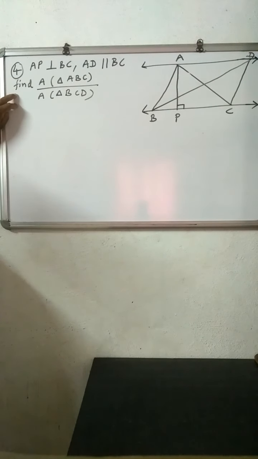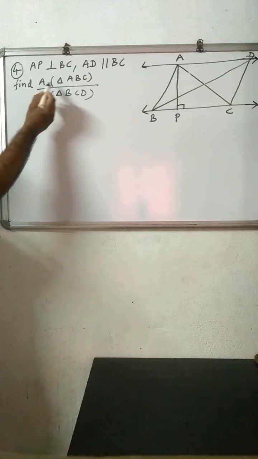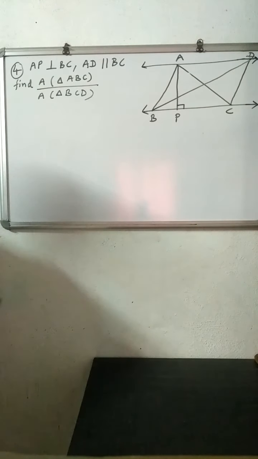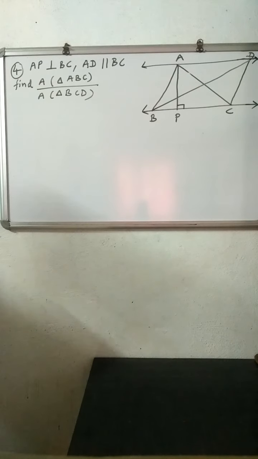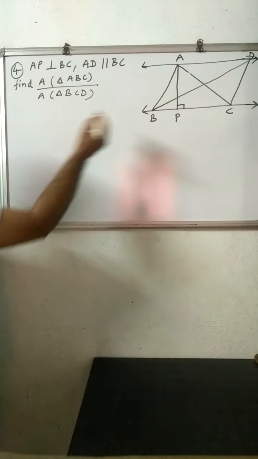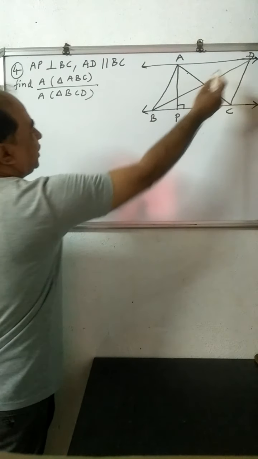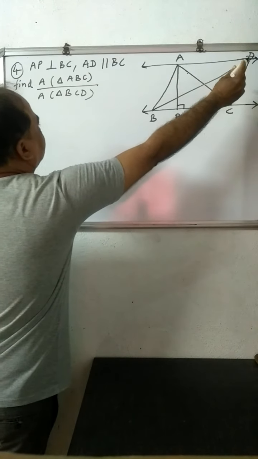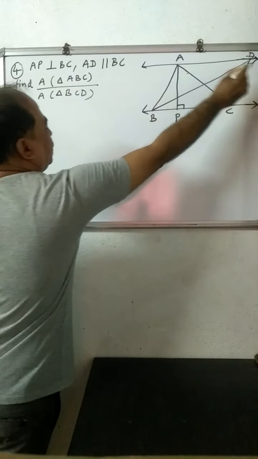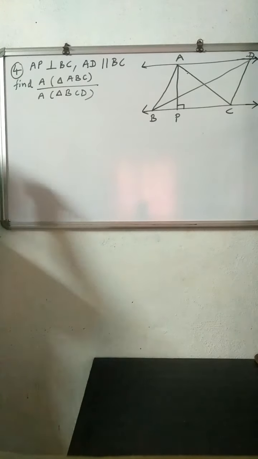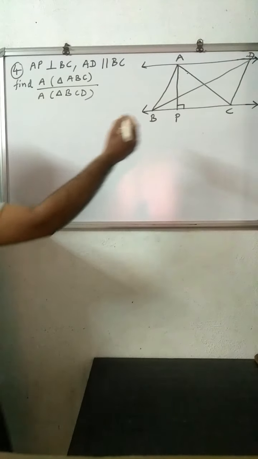Find ratio of area of triangle ABC upon area triangle BCD. Now here if you observe these two triangles ABC and BCD, both the triangles are between these two parallel lines. So draw